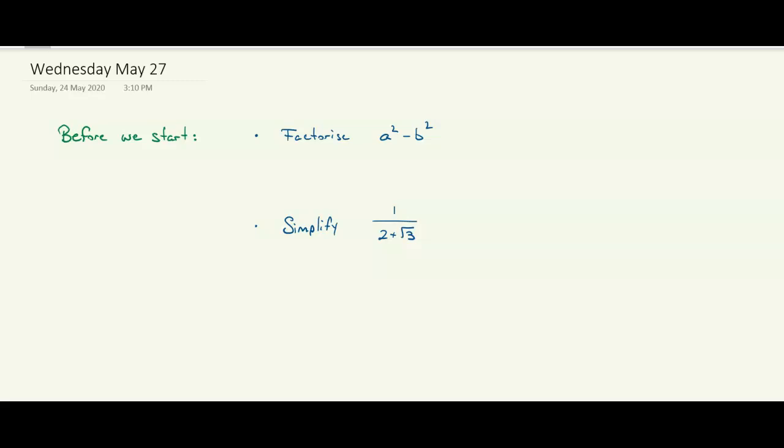Right, okay, nothing too challenging here, I suspect. A squared minus b squared, you spotted a difference of two squares, and you factorized a plus b, a minus b. And in the second question, simplify 1 over 2 plus root 3, perhaps you remembered that in order to rationalize the denominator of this fraction,